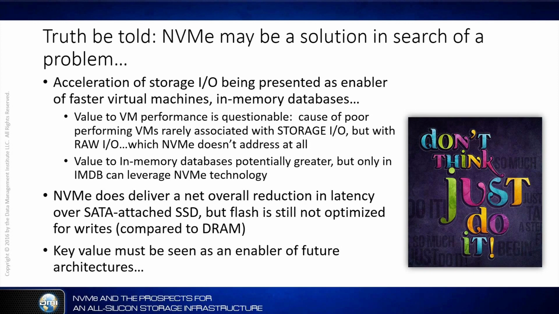The cause of a slow-performing virtual machine rarely has anything to do with storage I/O. I mean, I wish that people would get this out of their minds. I know it's promulgated by some of the leading hypervisor vendors, but it simply isn't true. If you look at any system, whether it's an NVMe system or a SATA system, or using flash or disk or whatever, typically when you've got a slow-performing VM and you throw a meter on it, you're going to find that you have a very shallow queue depth. That means that there's no logjam, no choke point, no throttling of I/O going to the storage device at all.